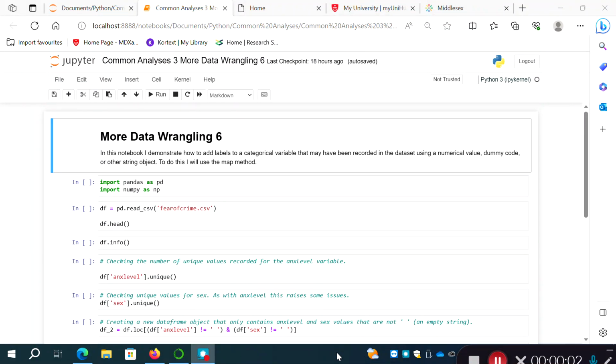Okay, hello everyone. So, another data analysis video, still focusing on data wrangling and processing data to get it into some sort of tidy order so we can conduct different statistical analyses and computations on it. So what I'm going to do in this particular video is demonstrate how to add labels to